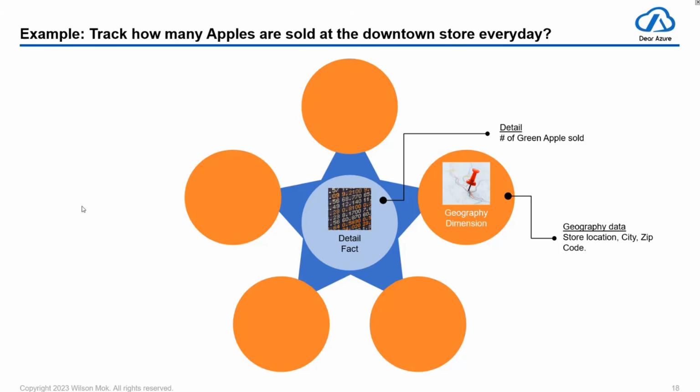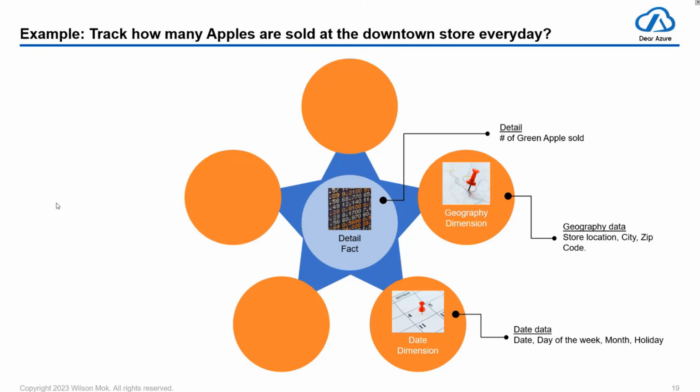Now, we just talked about that. We want to know that for a particular store, but you might want to track it for all the stores as well. And that's because you need to store the store information, right? Like, this is the downtown store, in what city, and what is the zip code, the address of this store. So the next thing is, if you want to know how many green apples were sold, you